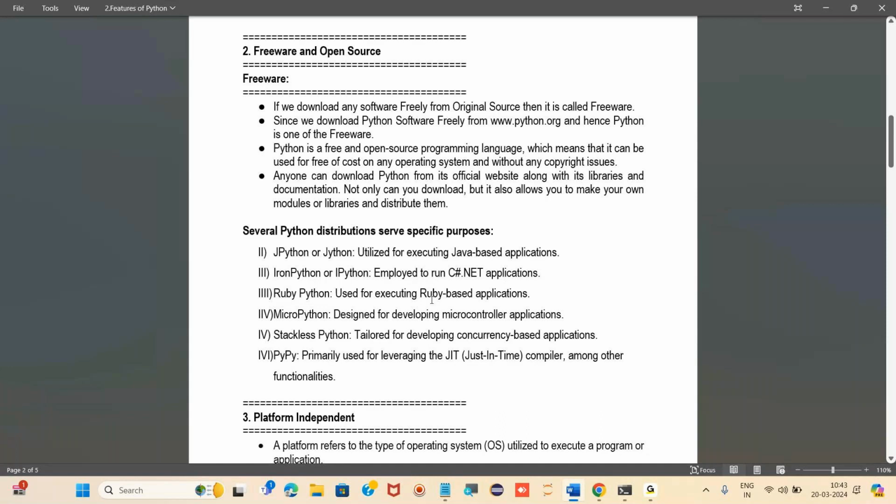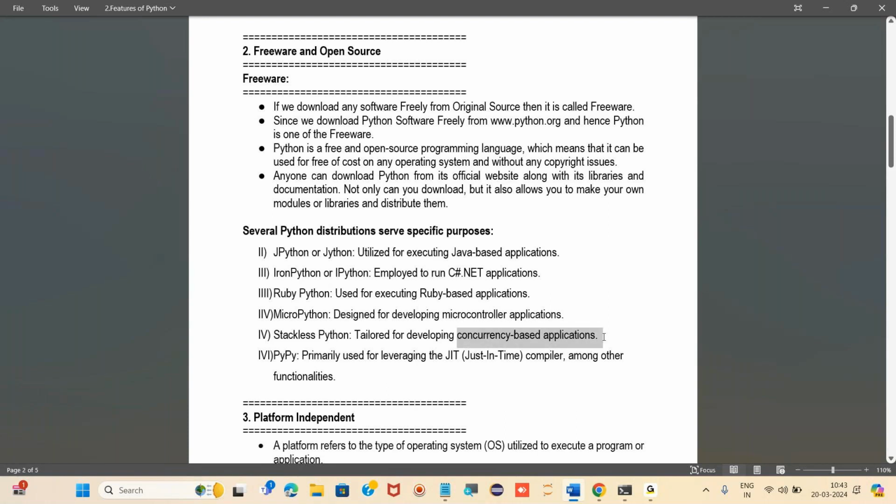MicroPython is used for developing microcontroller applications. Stackless Python is tailored for developing concurrency-based applications, where multiple things can be done simultaneously, at a time.